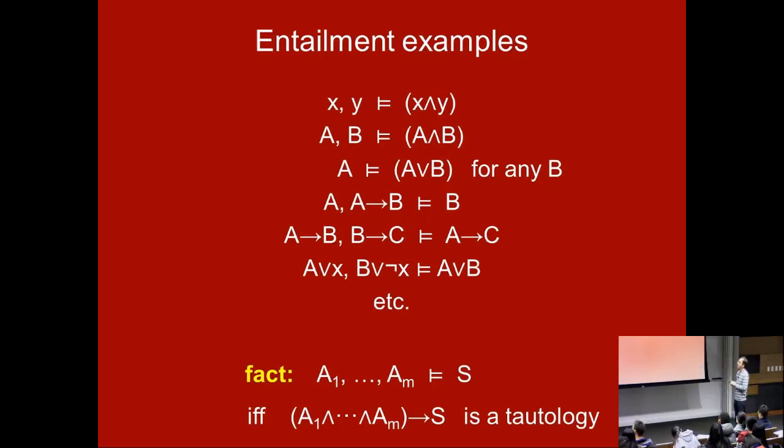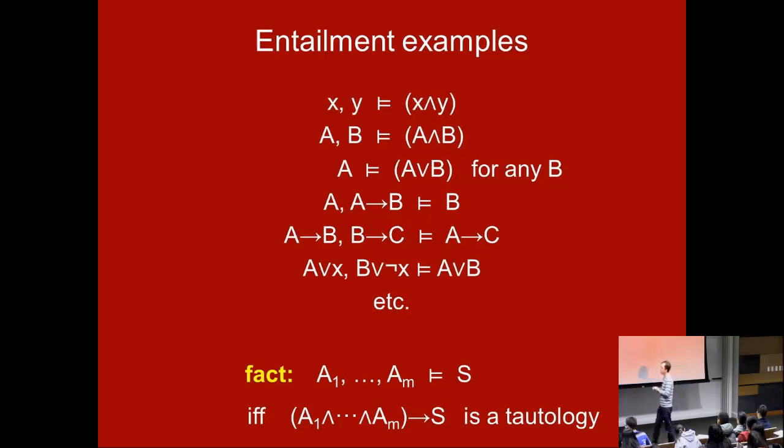Okay, this is a very famous entailment example. In the olden days, they called it modus ponens. I don't know what that means. If A is true and A implies B is true, then B is true. Okay? In other words, B is a logical consequence of A, and the implication A implies B. These are examples of kind of the rules you actually use in everyday life when you're proving mathematical theorems.